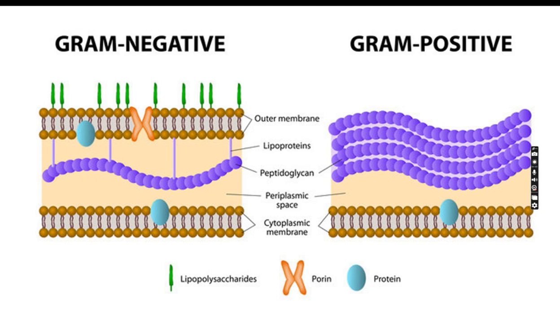This is the difference between gram positive and gram negative cell walls. You can see here the purple layer, the peptidoglycan layer, is thick in gram positive and thin in gram negative. If you observe the outer membrane, porin is present in gram negative. You also have this protein structure which is rigid in gram negative. And you have lipopolysaccharide abundantly in gram negative, which is absent in gram positive. This difference helps us in identification. So we categorize